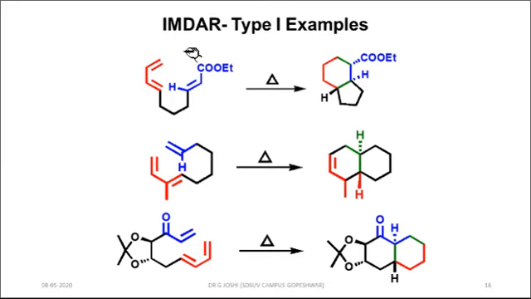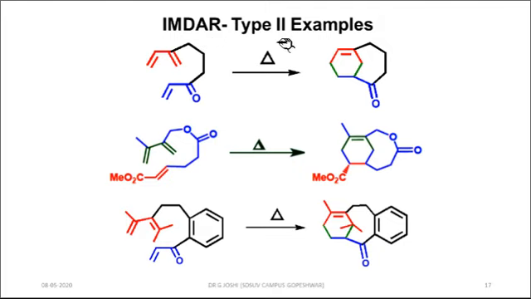Examples of intramolecular Diels-Alder reaction. Several examples we can again see. The dienophile is attached at the C1 carbon of the diene, and after cyclization it will result in the formation of a bicyclic product. The second example is also like that. In the third example, we have a similar case. These are the examples. You can perform the mechanism of these examples for your practice.